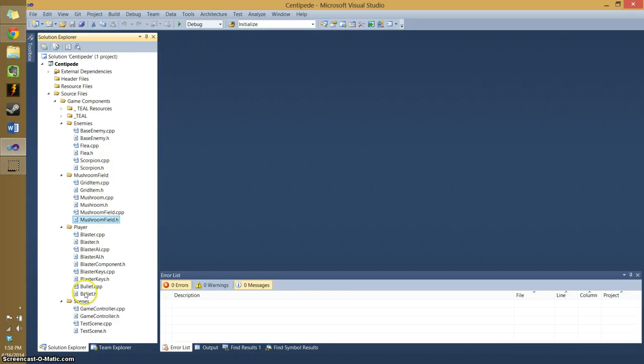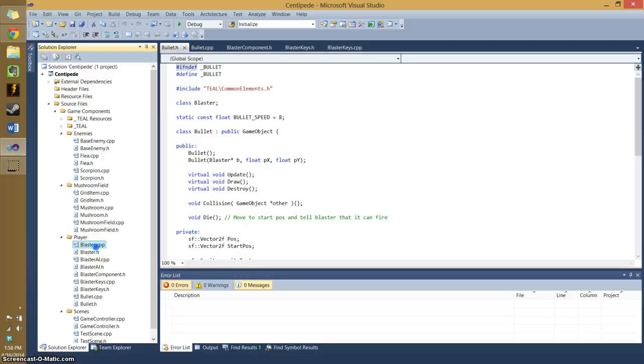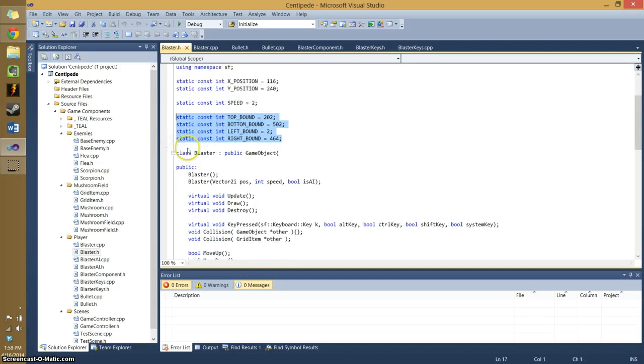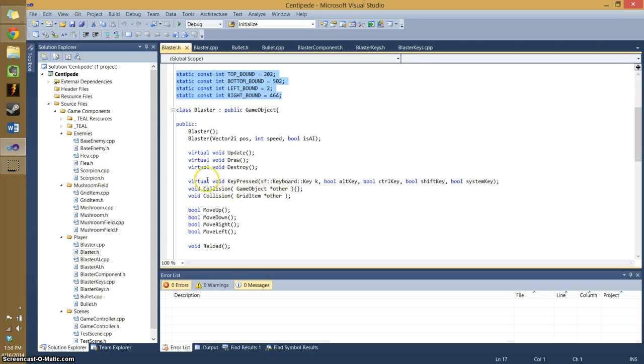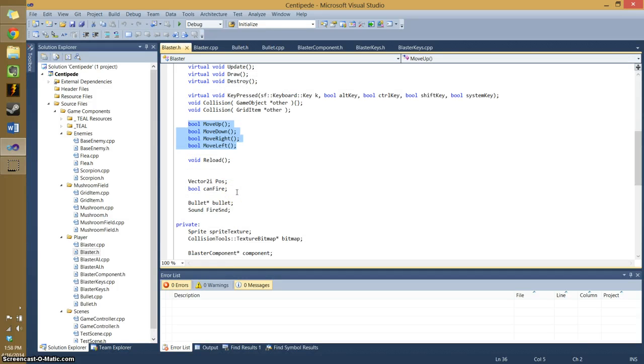So in my player, I have my starting X and Y position, because I never change. I have my speed, and I have my bound for the player zone. I have constructors, game object, key press, collision, my move functions, which return bools because the AI component needs them to return bools. I have a reload method, then I have a fire, or can fire, a position, a bullets, and a fire sound. These were public, because I needed to get something to work, and then I need to change them back